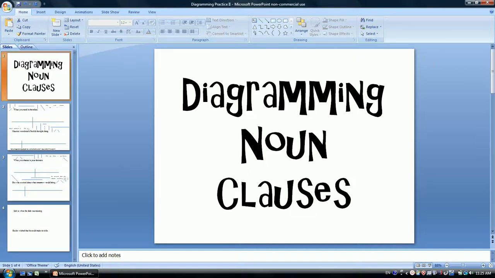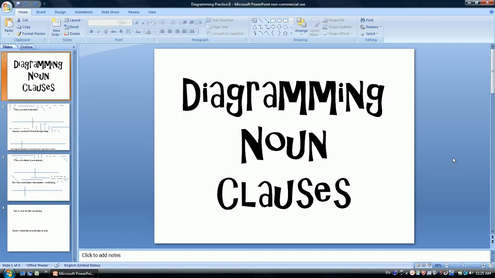Hello everyone, today I'm going to be talking to you about how to diagram noun clauses. Now these are getting a little bit more complex. You've been working really hard in your diagramming and I can tell that you're getting most of it. There's a few little things about noun clauses that can be a little bit tricky. So I'm just going to make this video to hopefully clear up some of those things before you take your